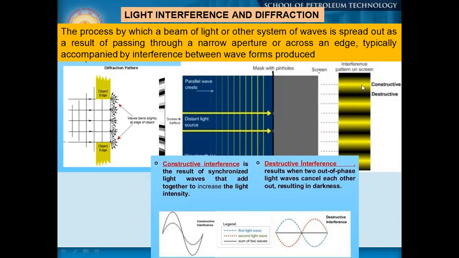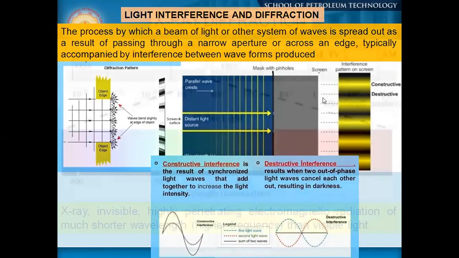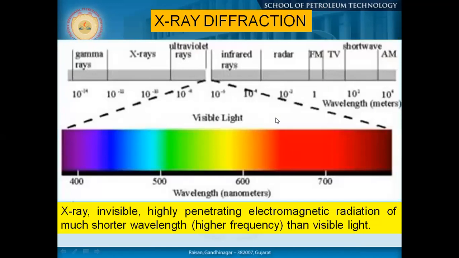Where the constructive interference occurs, we get the light spot, and that is the basic principle through which we are trying to understand our material with the help of X-ray diffractometry. This is a very simple diagram where you can understand that X-ray has a shorter wavelength, a higher frequency energy wave, that we use for our specific analysis.